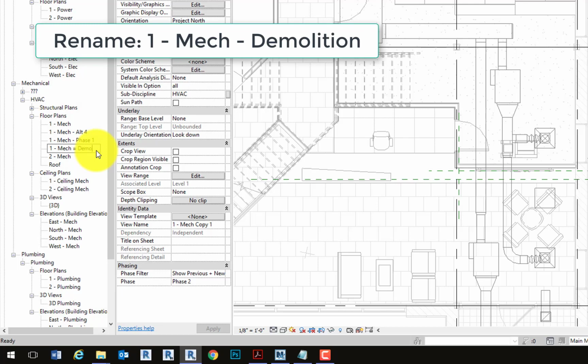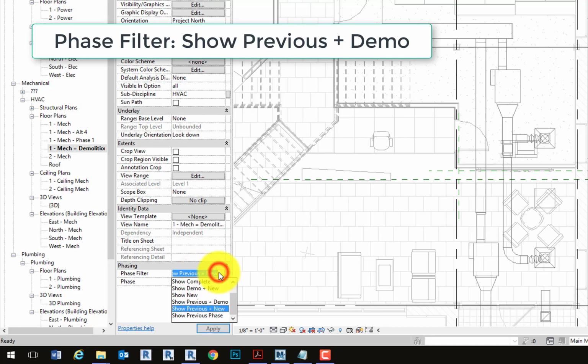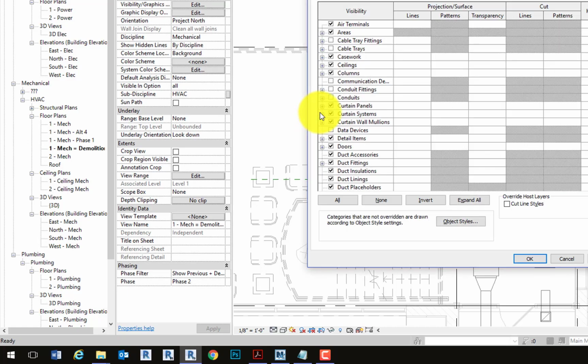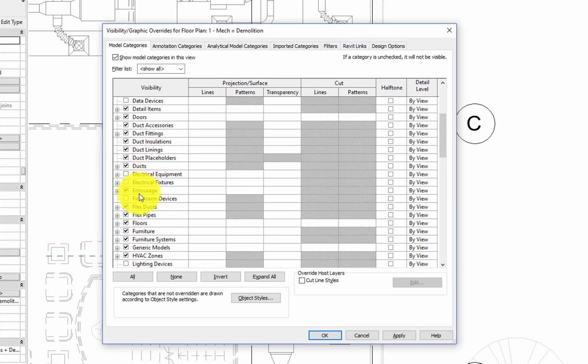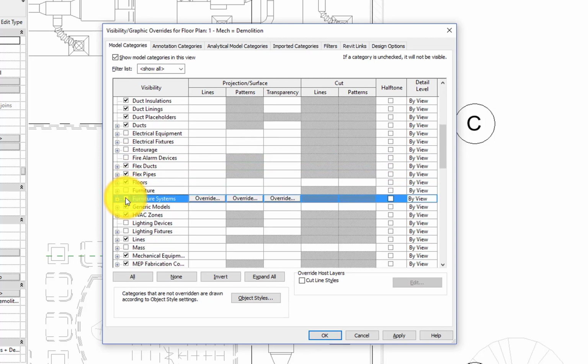And for things to look demolished on the screen, the phase has to be set to new construction, or in this case it's set to phase 2, and then the phase filter is set to show previous plus demolished. And as I mentioned in the previous video, rooms only show up in views that have a matching phase setting. So in this case the phase setting is phase 2, therefore the phase 1 rooms or spaces cannot show up